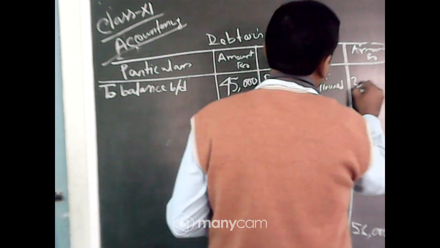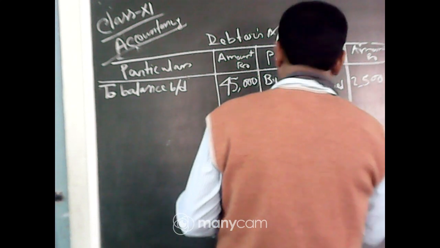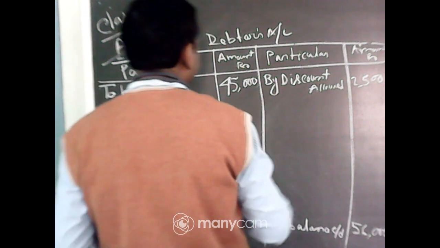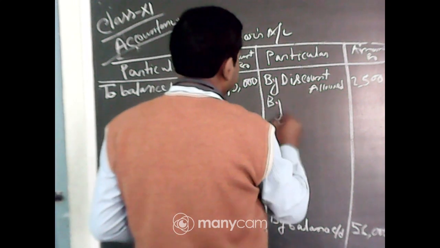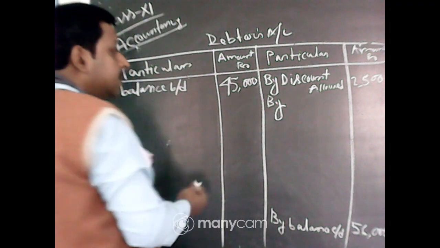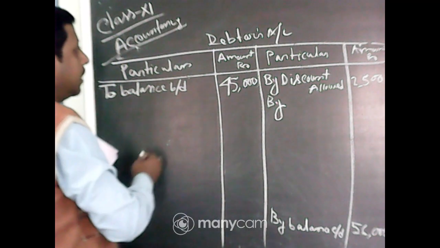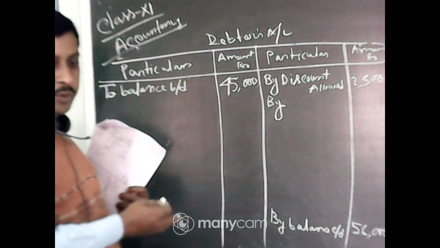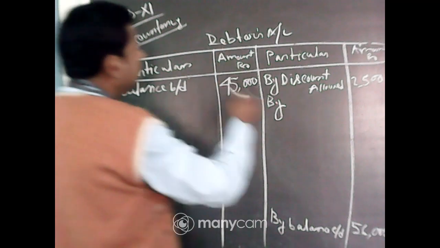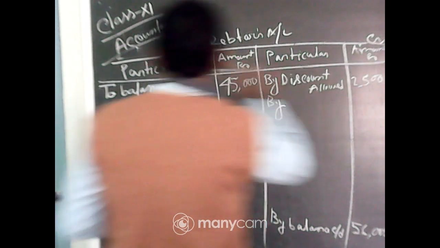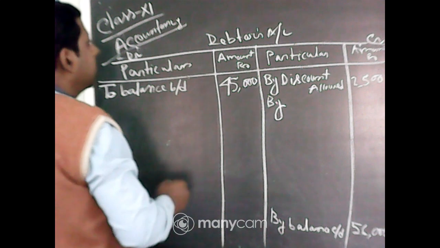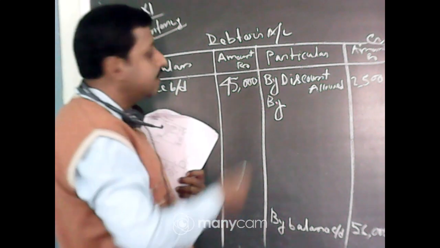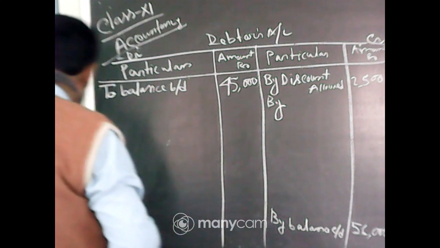That is 2,500. Now there is a sales return. Sales return means debtors will be less. Just the opposite will happen in the creditors account. Most of the things will be debited. Whenever creditor balance will be less, or anytime debtor balance will be less, in that case also debtor will be credited, because debtor balance is a debit balance. Okay, if you credit the debtors, that means its balance will be less.